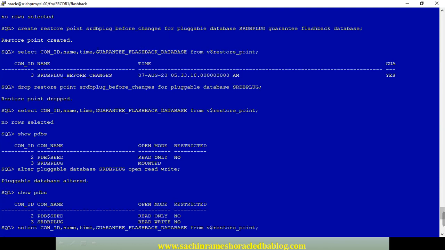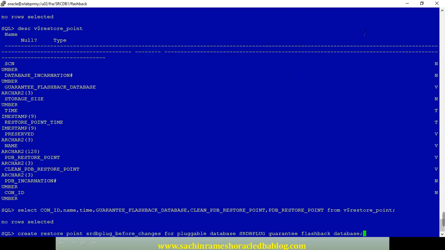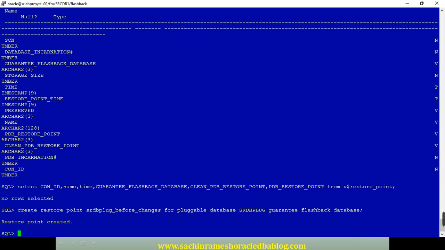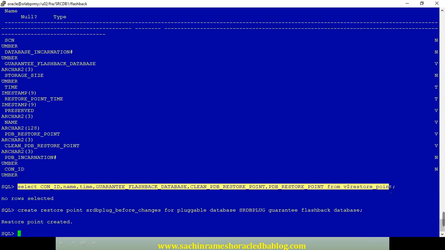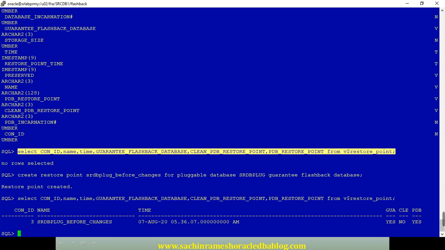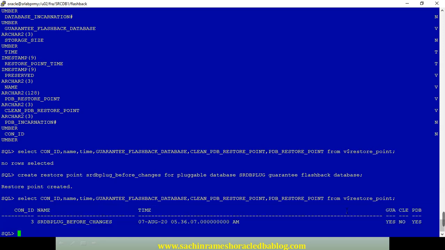We will create one restore point. So now you can see, it is PDB. So this is the query.